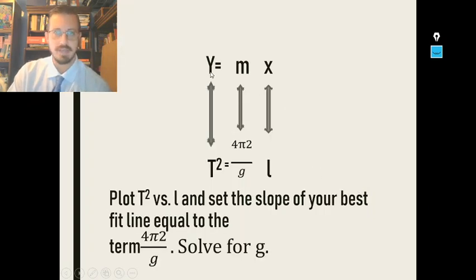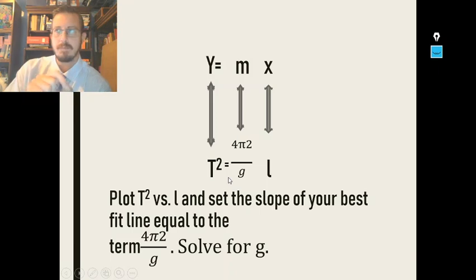We know from math class the equation of a line, y equals mx, where m is the slope. It tells how x sort of varies to give us the output y. So for this experiment, once you square everything, because we don't want to really work underneath the radical, we find that time squared is equal to 4 pi squared over g times L. So by plotting a graph of L, the length of the pendulum string, on the x-axis, against the time squared, those values that we'll have to calculate from the data we collect, on the y-axis,